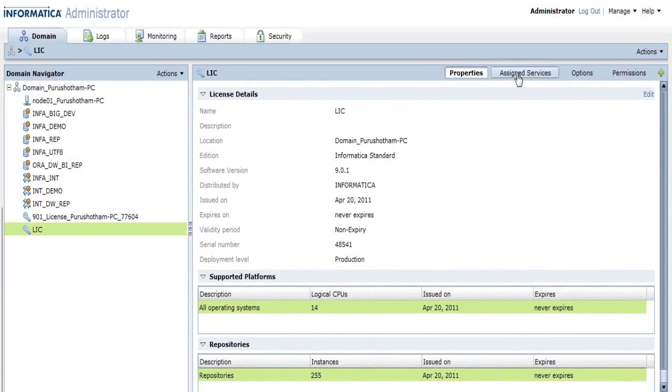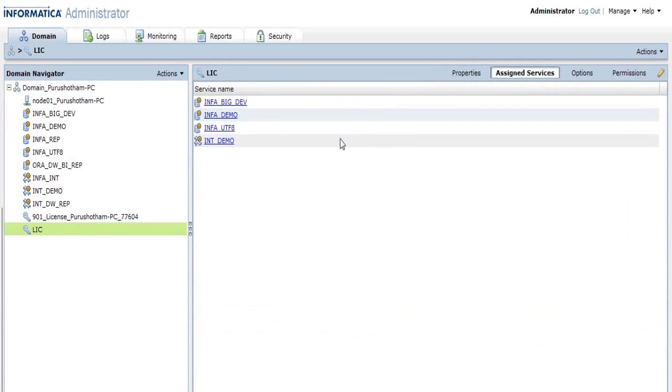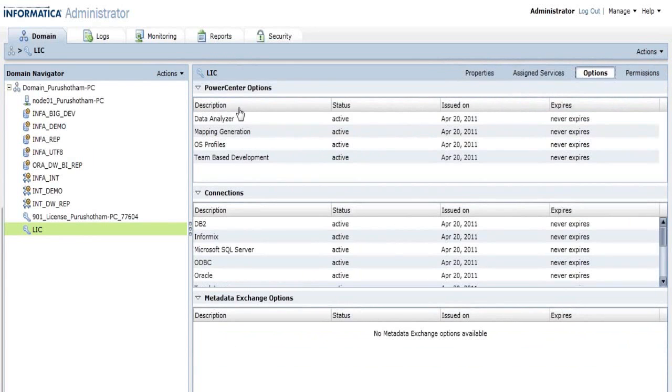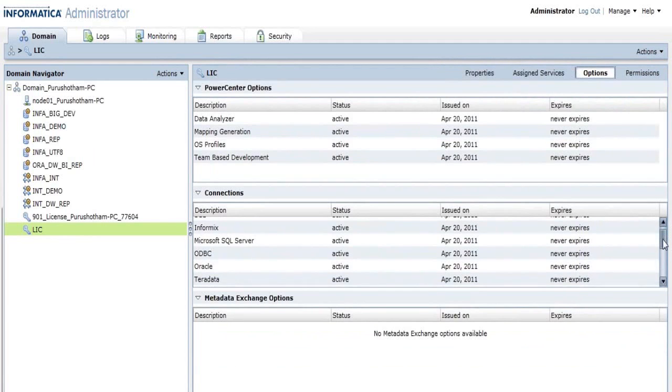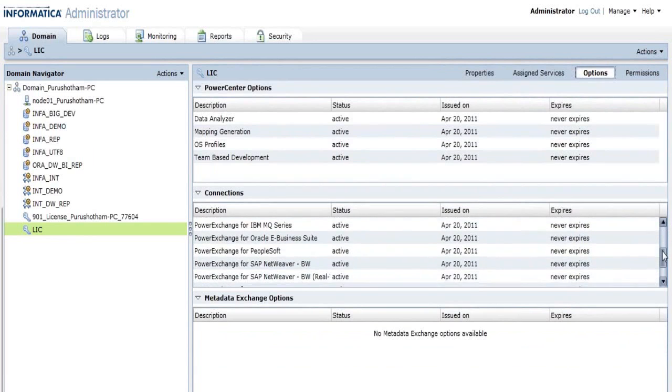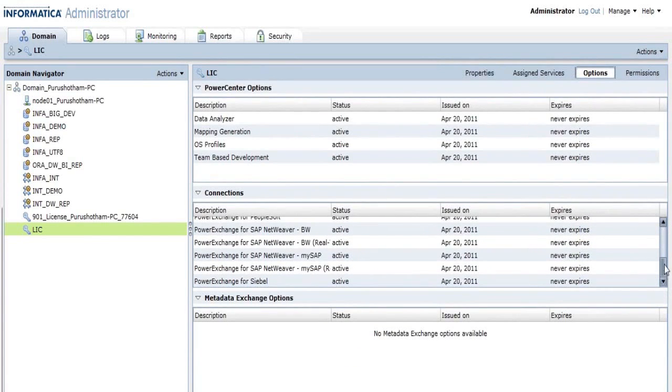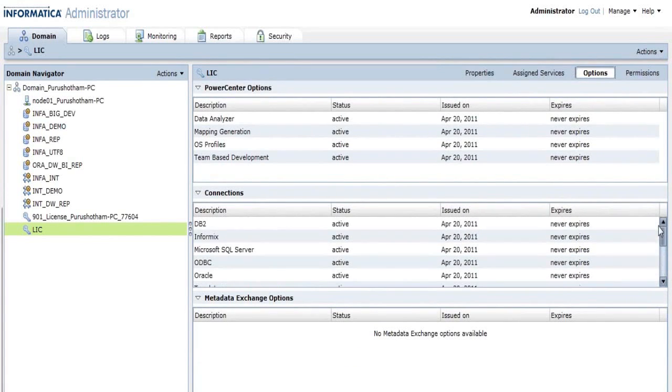You can see the license information, what services are being created using this license, and the different options under the license. And what are all the databases it supports: ODBC, Oracle, Teradata, Power Exchange, SAP, Power Exchange for Siebel, everything is there in this one.